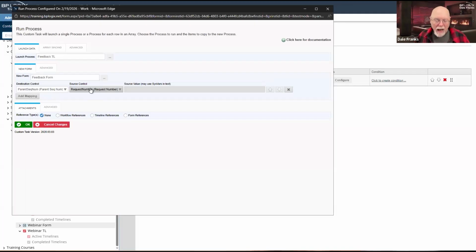So it's relatively isolated. And so that's why these fields become important, because if I run it as an isolated feedback that I can just pull from anywhere, I've got to think a little bit about what data I need to pass to it.